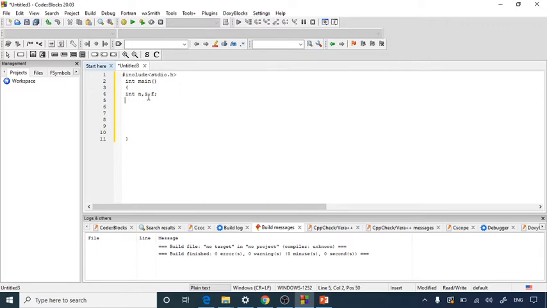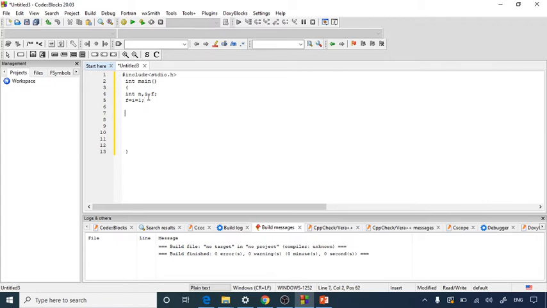Now n is the number which will be given by the user. Suppose you want the factorial of 5, then you can put 5 in the value of n. So first of all we will initialize factorial to 1, and i, that is the iteration or a conditional operator we can say. So we would write f equal to i equal to 1. So we have initialized these variables to 1.